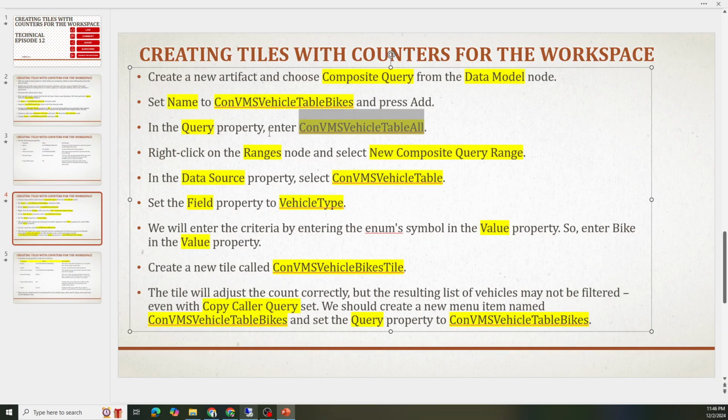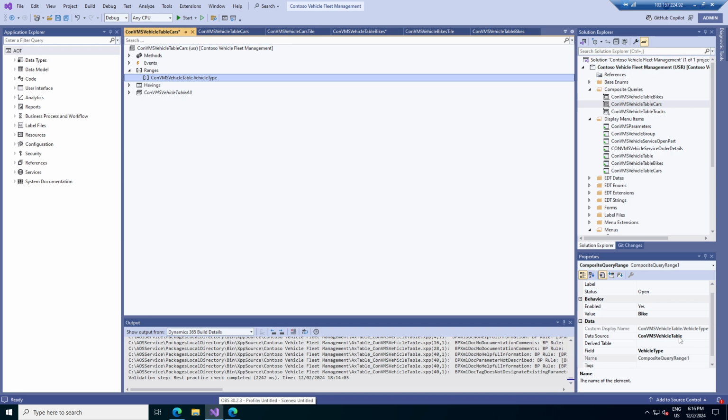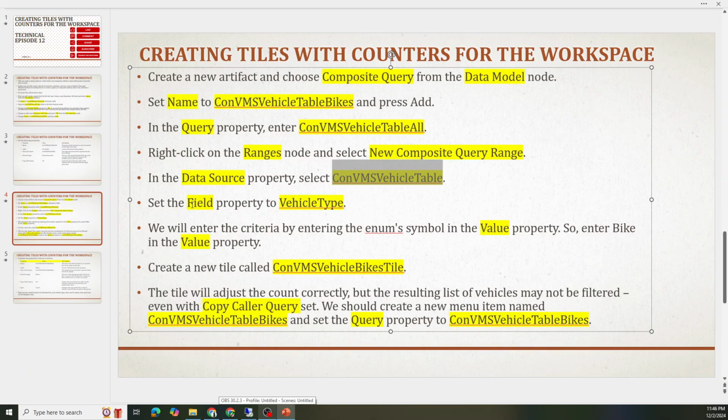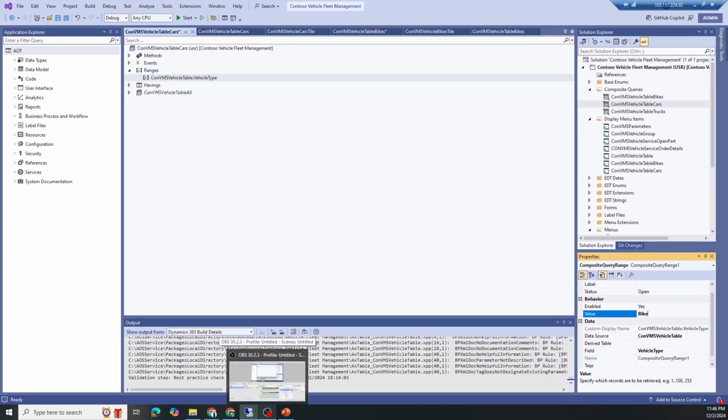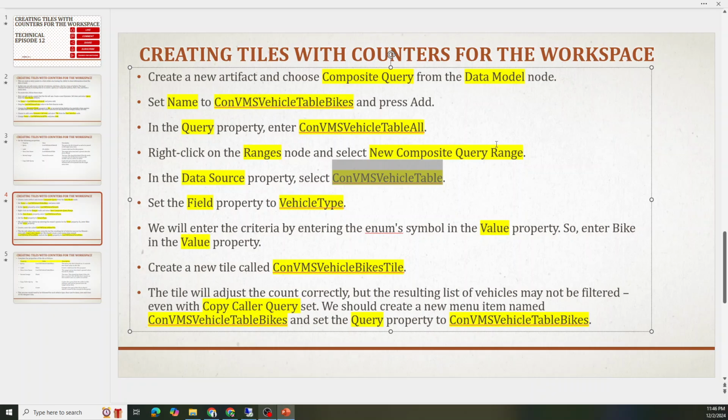So instead of this bike in there, click on the ranges, new composite query data source node, con VMS vehicle service table, field property to vehicle type, and the value will be cars. Okay, the value will be car. Now this is done. Once this is done, the vehicle type car is there, enum value is there, and then